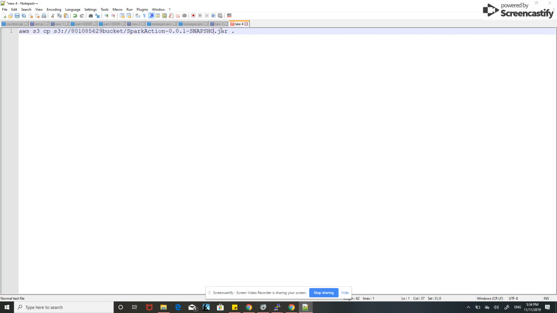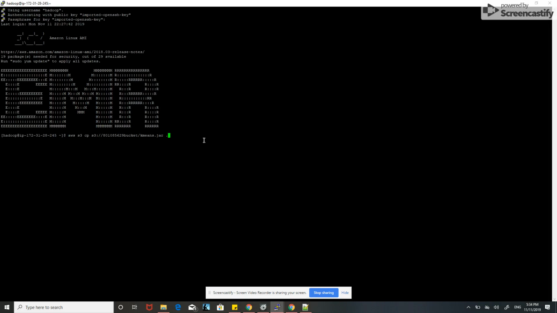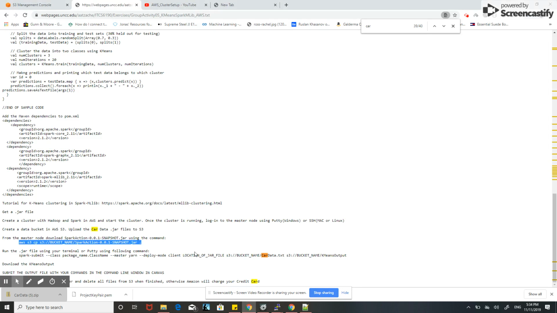And this we have k-means dot jar, right? So it's k-means dot jar. Give this command in the PuTTY terminal. So it's downloaded, and now go to this command where we'll be running our program,